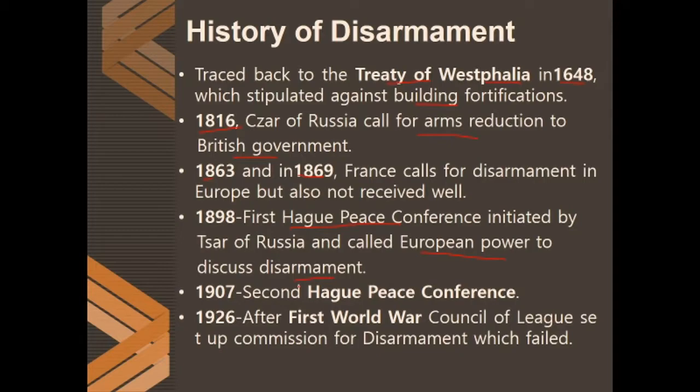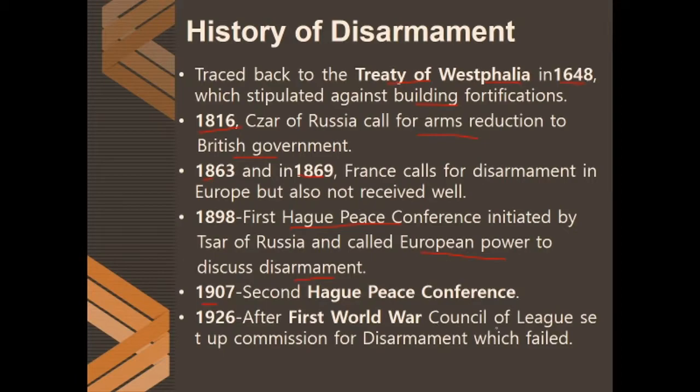And in this conference, the laws of war and war crimes were discussed in the body of secular international law. A third conference was also planned that would have happened in 1914, but it didn't take place. The second happened in 1907. Then in 1926, after the First World War,